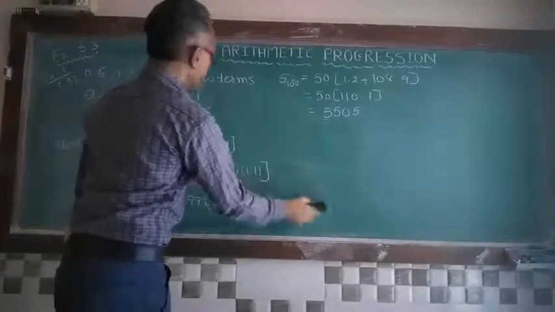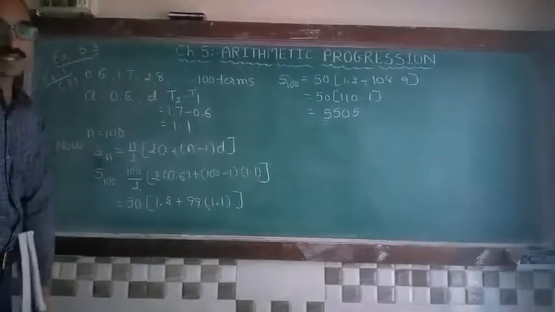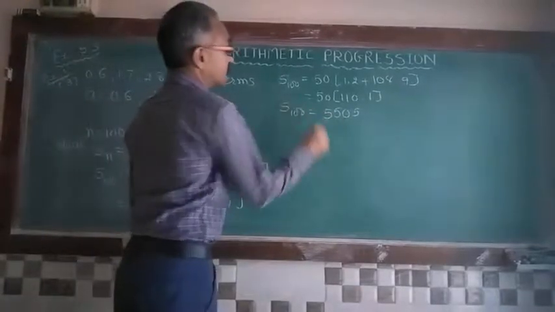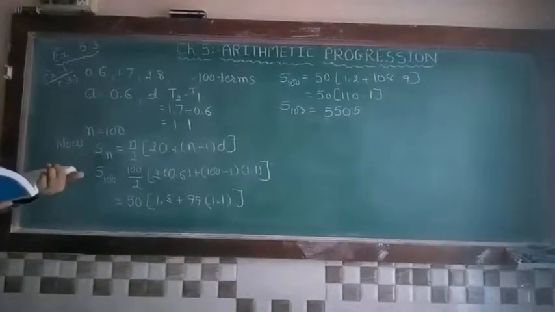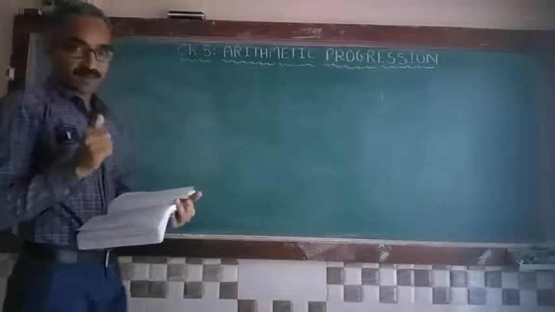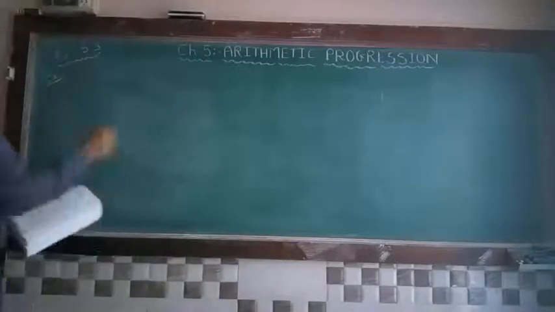That means the AP is given to you 0.6, 1.7, 2.8. The sum of 100 terms is 5505. That is your final answer of the AP. Remaining examples of example 1 you can do yourself. So example 2 is that